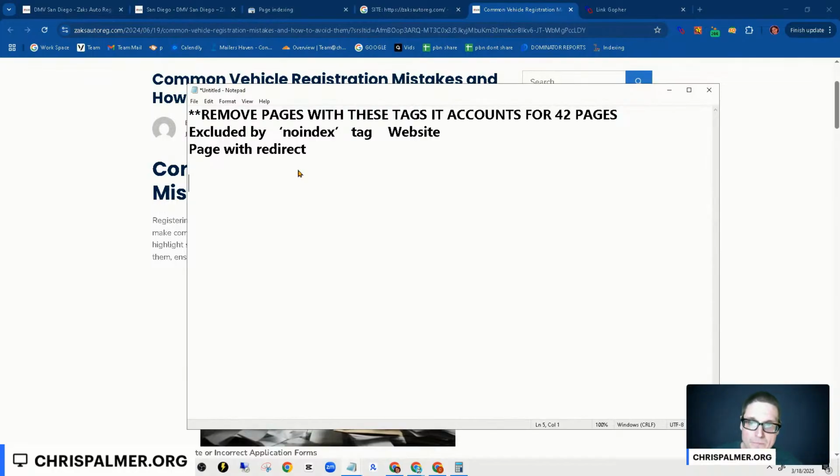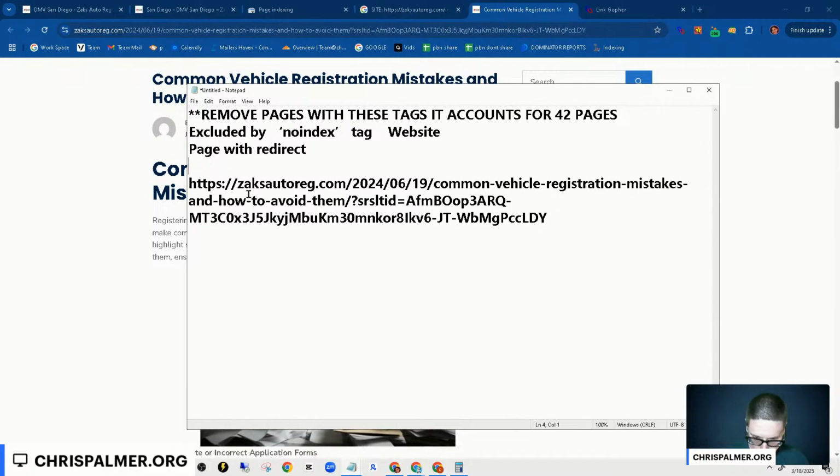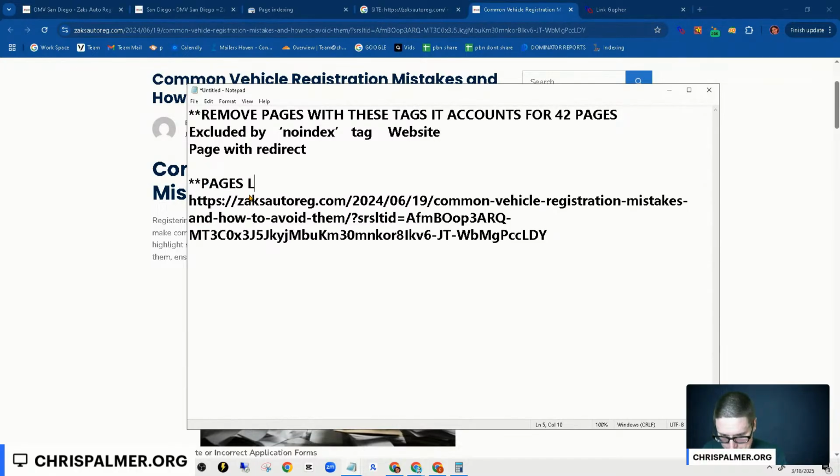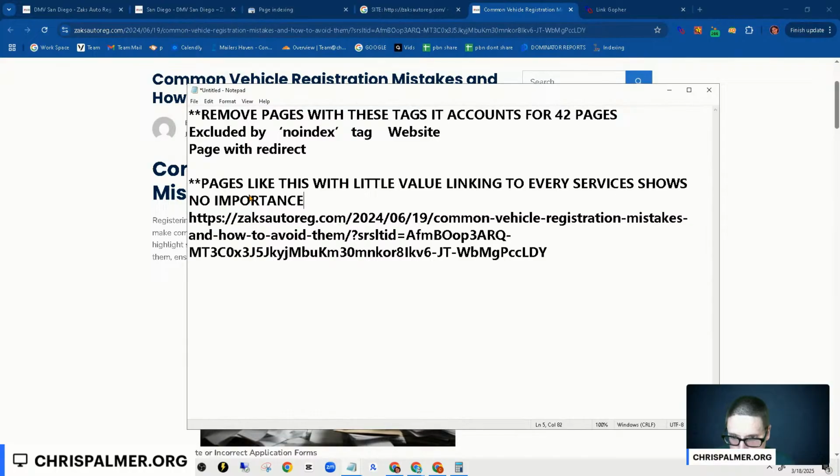This can lead to more pages indexed. This can lead to more traffic. This way, when I call Google to the website, they're only coming to high commercial intent. They're only seeing our best content. So what I want to point out is this. Zach, pages like this, with little value, linking to every service shows no importance. So what we want to do is